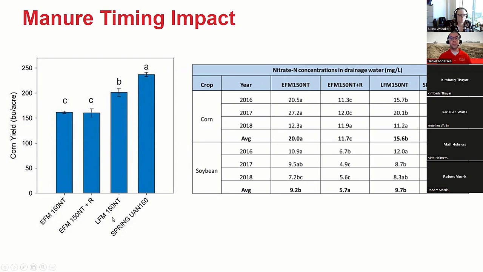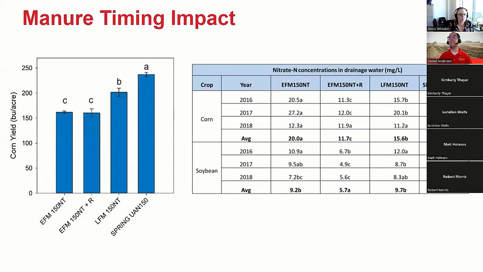Late fall manure, where we put it on roughly near the beginning of November. It did vary a little bit with the weather, but we saw a pretty nice yield hike from being able to delay that swine manure application a month of roughly 40 bushels per acre. So that adds up pretty quickly. And then it's not a manure comparison, but a spring UAN fertilizer where we saw another jump of about 30 bushels per acre from moving from fall to spring. It's not included in this data, but we have a similar study going on up there right now with fall and spring manure.